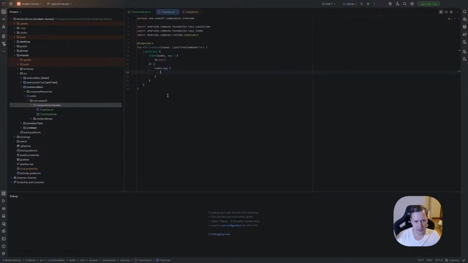Nodes.map, and we need some level. We have LazyColumn, and we can have maybe more LazyColumns. But anyway, let's start from scratch.